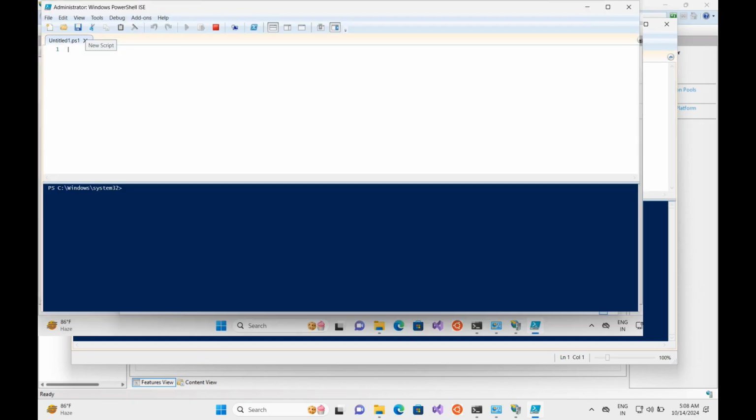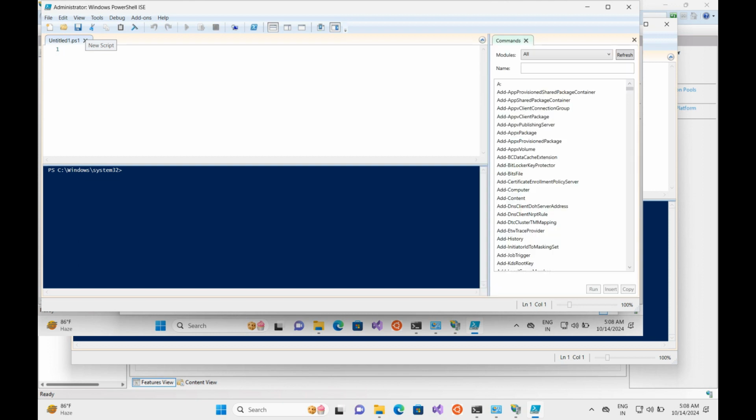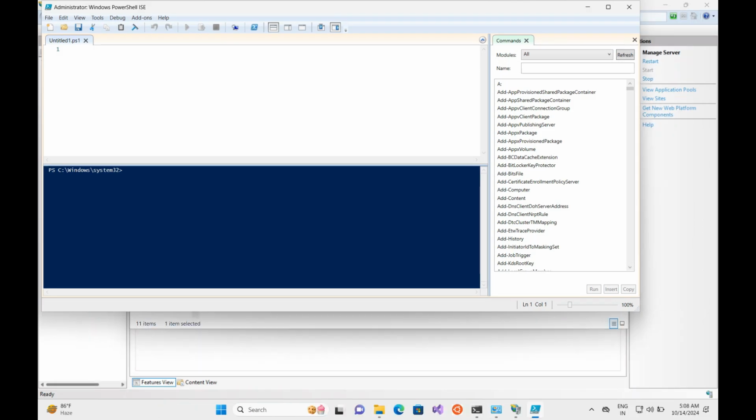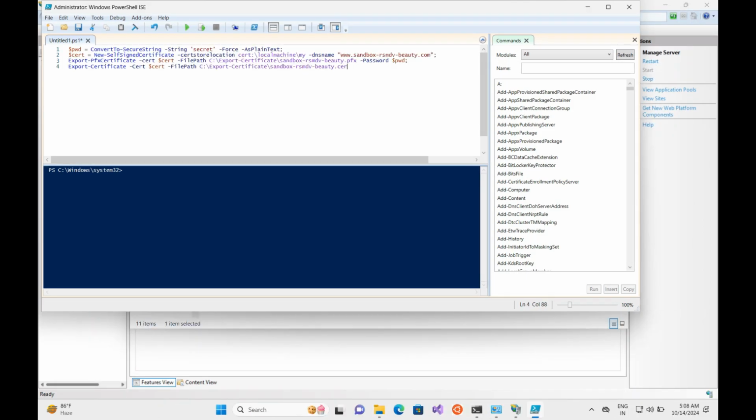Once PowerShell is open, I am going to copy and paste the entire script. For your reference, I am also putting that script in the comment section or description, so you can easily copy and paste it. You just need to change this URL according to yours. So my URL is myweb.local. Ultimately this script generates an SSL certificate for your particular website URL. So let me change all the required names,